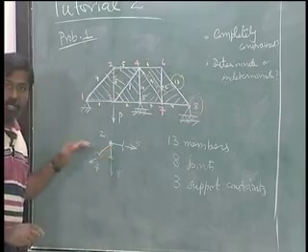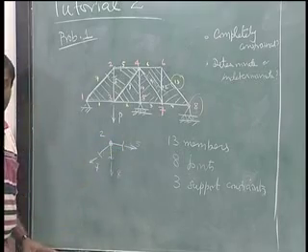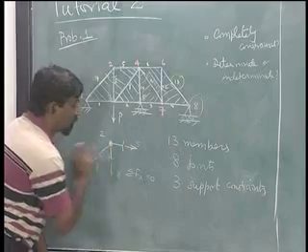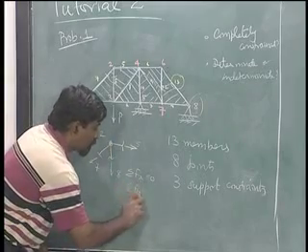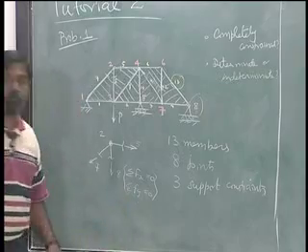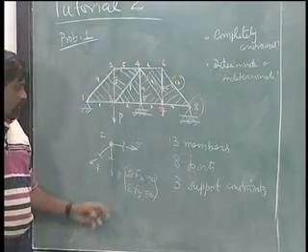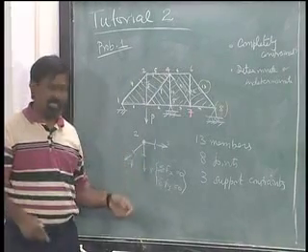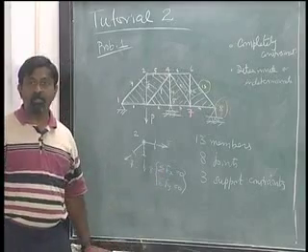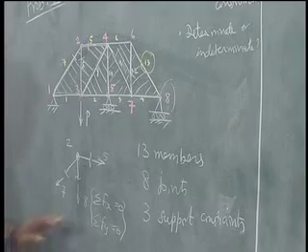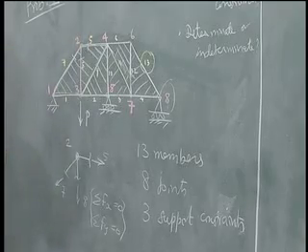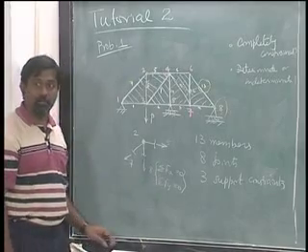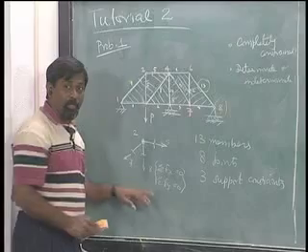How many equations can I use in order to relate these? That is the question we have to ask. Well, I can use sigma Fx equals 0 for this particular point, sigma Fy equals 0, which means it is possible for me to generate 2 equations. Ideally, if there are 2 unknowns, it is possible for me to completely find out those 2 unknowns, as long as these 2 are not redundant equations, correct. And therefore, every joint here seems to offer 2 equations from equilibrium, correct.